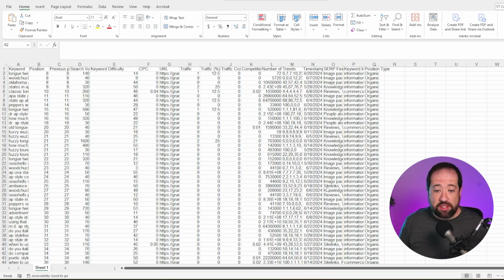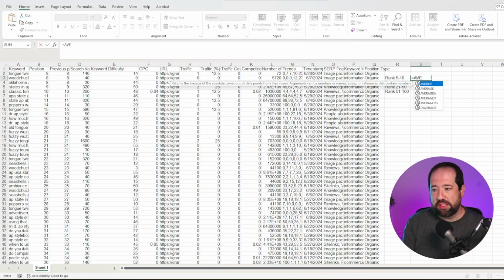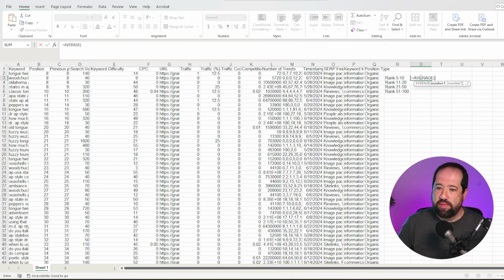So for example, on this website, there are no keywords ranking in the top 3, but we do have some keywords ranking in the top 5 to 10. So if I wanted to figure out what the average keyword difficulty was of keywords we were ranking in the top 5 to 10, I'm just going to make a couple of buckets here on the right-hand side. All right, so I've made the buckets, and we're just going to do some simple average calculations. You can do a simple average formula, which is just equals average. And then you can pick the keyword difficulty column. And again, we're doing the bucket of anything that's ranking in the 5 to 10 spot.